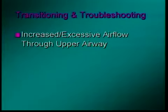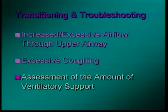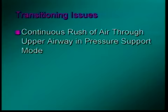Some patients may experience a continuous rush of air through their upper airway. This rush of air may occur in volume modes and pressure support, as is evidenced by the inability of the patient to cycle off the flow. This is usually